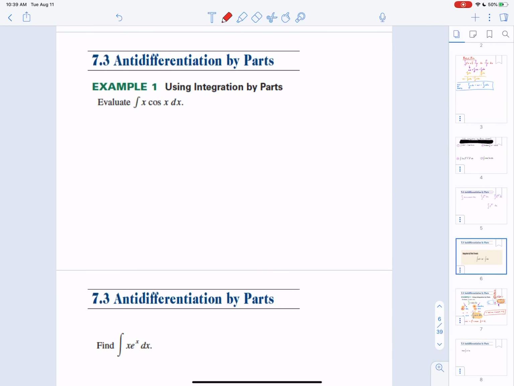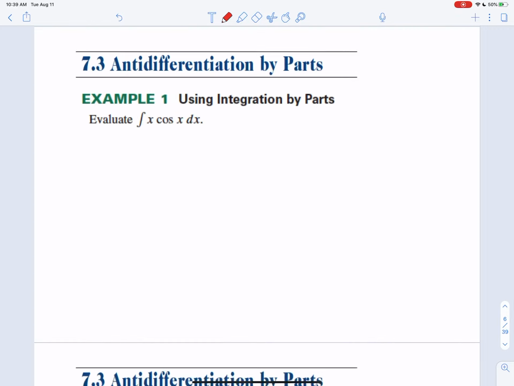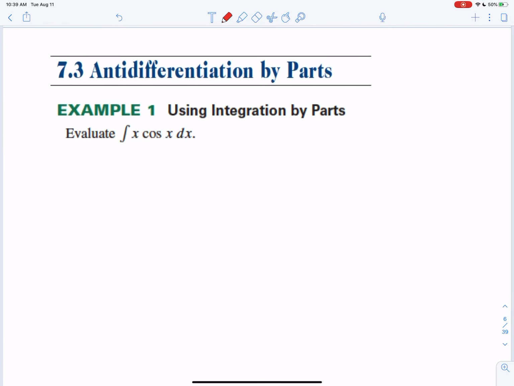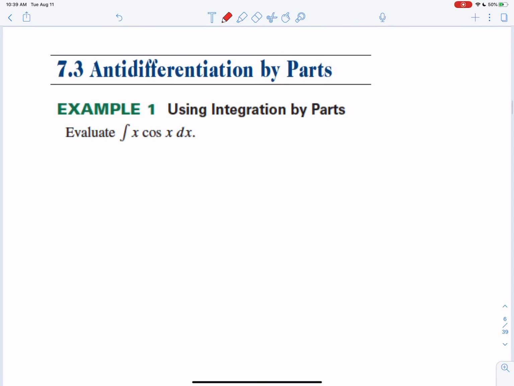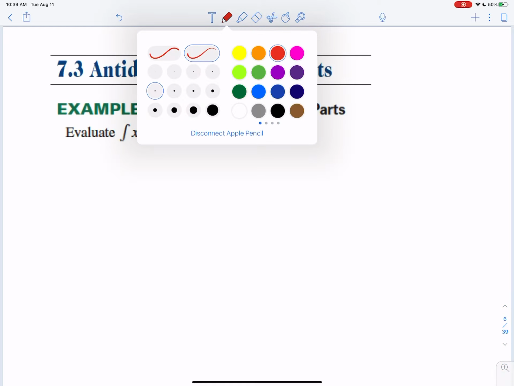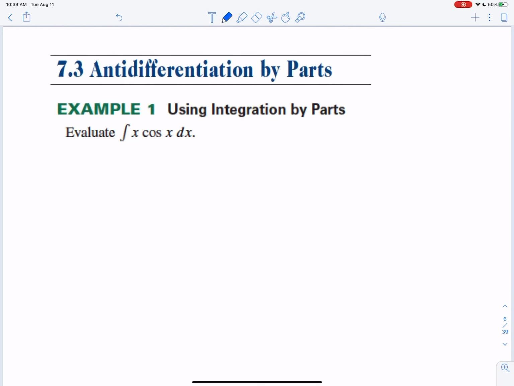So you guys should know while I'm erasing this, back when I was learning this, there wasn't a shortcut, a clean way. I actually had to guess and check every single time until I caught a pattern, okay? But some guy or girl out there came up with a shortcut, okay? So with integration by parts,